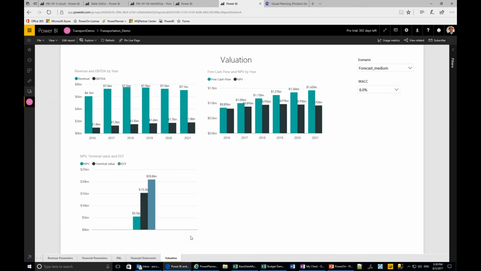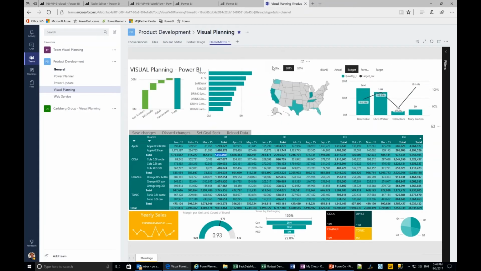When do we have our terminal value at the highest, and we can choose the different assumptions and do write back, really enabling users to do analysis, write back, and supporting decisions. And I think that is one of the key elements, and what I see happening with visual planning in the team product line that we just looked at, is that taking what I just showed you with financial information that's correct, accurate, and everybody agreed to, building it into a team application where people can make decisions and supporting decision